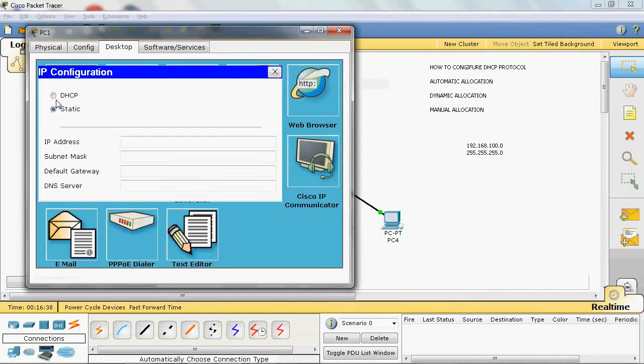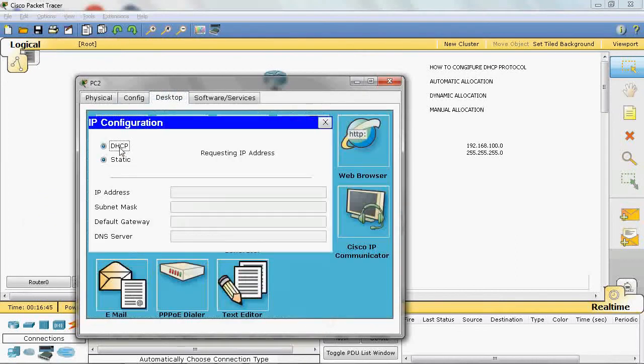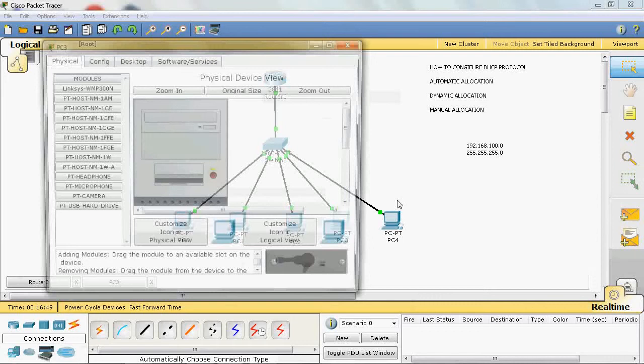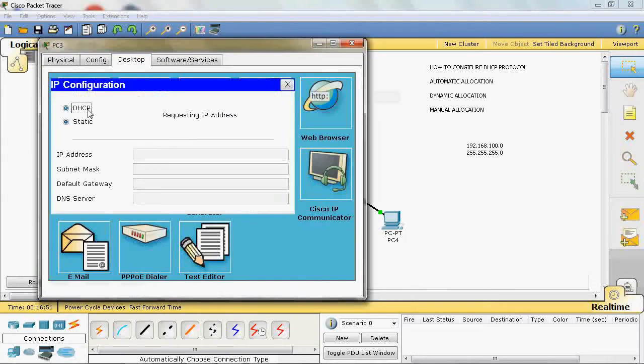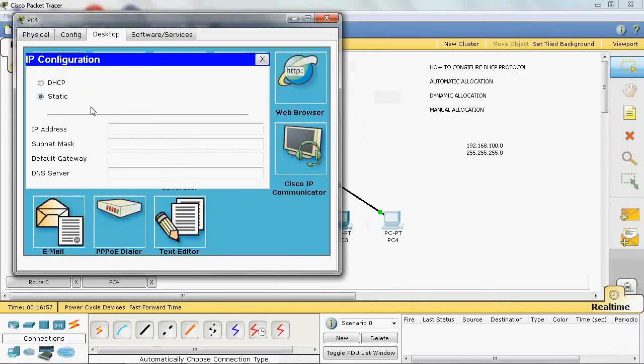PC1, okay, all the devices can get the IP address from the DHCP server. It is dynamically assigned by the DHCP protocol.